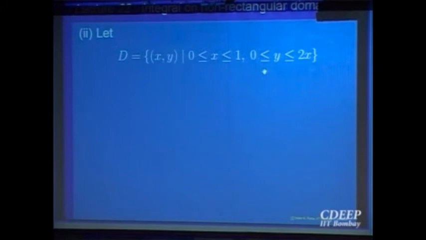let us look at this problem. X is between 0 and 1 and y is between 0 and 2x. And the function is f(x,y) equal to e raised to power x square. It's already given as a nice domain, right? X is between 0 and 1 and y between phi 1 of x, which is identically 0, and phi 2 of x is equal to 2x. So let us integrate it out.